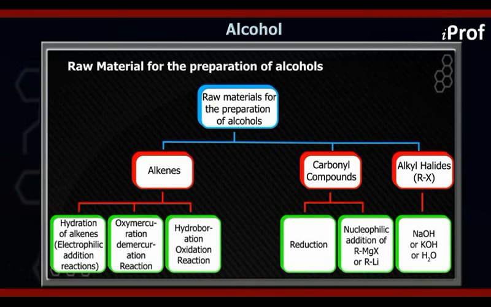Now, if you see, what we have is the alkenes and the carbonyl compounds. So these are the two major raw materials. Not only two, we have another type, that is the alkyl halides. And the preparation of the alcohols from the alkyl halides has already been discussed in the previous chapter, so we will not do that in detail in this chapter. So we will be discussing the preparation